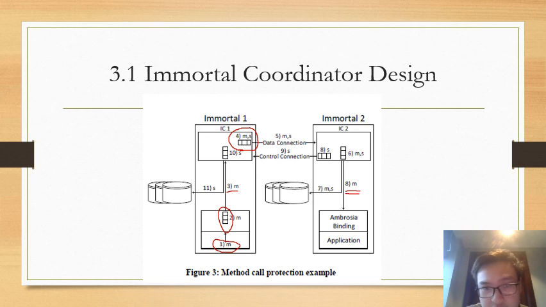And the fifth step is to send data to Immortal 2, and the sixth step is that the Immortal coordinator in Immortal 2 receives the batches and will add the batches to a buffer. Then the buffer page is flushed to the disk, and the sequence numbers are recorded as part of the log record.